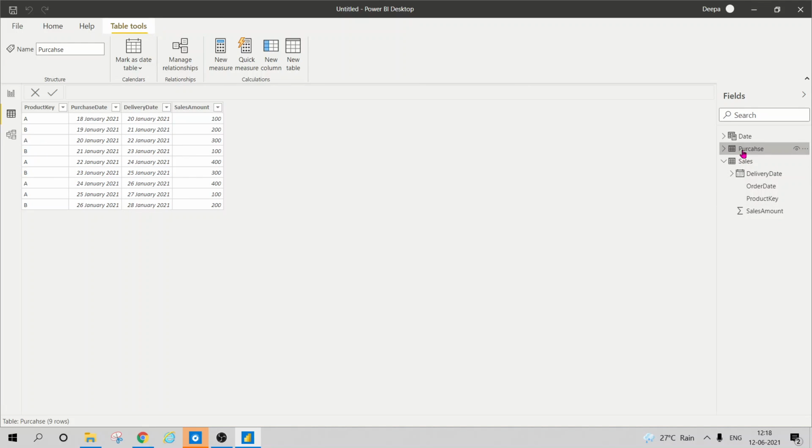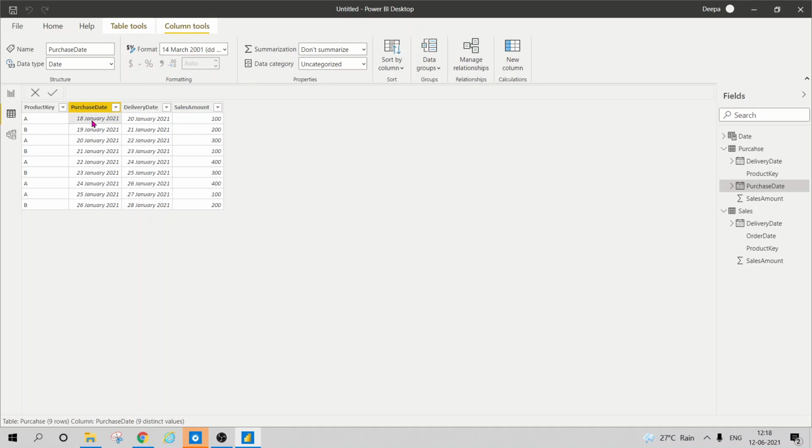Similarly, if he wants to select on the purchase, he would select 18th January, and he would like to see what is the sales amount on 18th January and what is the delivery amount on 18th January. When he selects 18th January, he should not see any purchased value which was delivered on the 18th January, because you see there is no date.